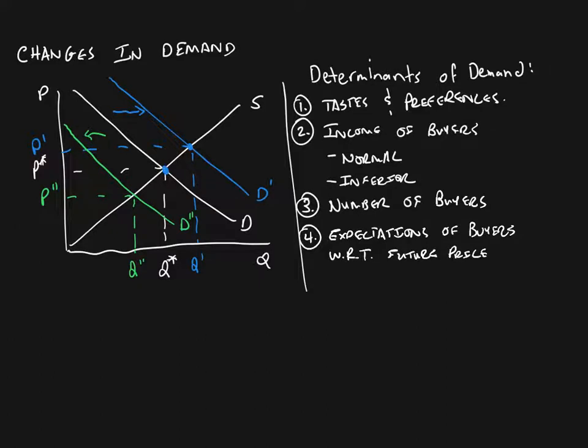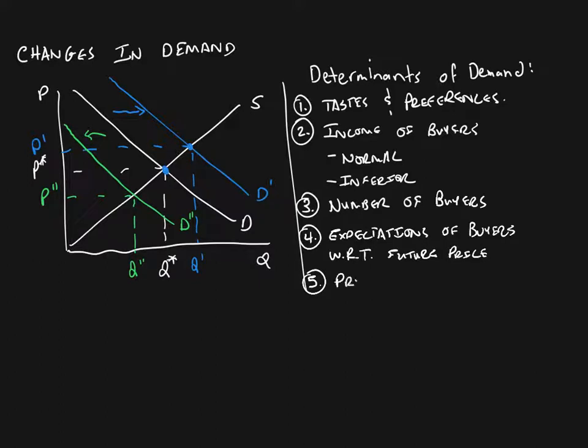If, on the other hand, they think the price is going to fall in the future, and it's a good or service that they can hold off on buying, they don't have to buy it right away, this will cause demand for the good or service today to fall, which will cause the price of the good or service to fall as well. And then the fifth determinant of demand is going to be the price